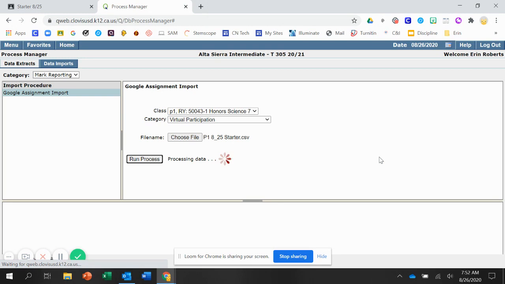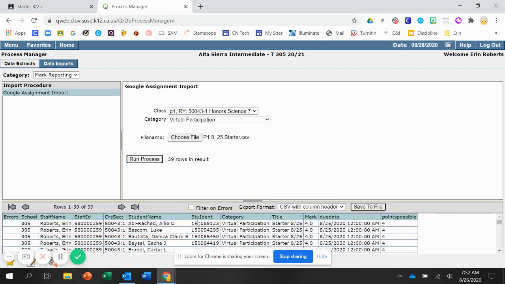I'm going to run the process, and boom, this is the magic right here. All of your grades are now uploaded with that one particular file done for that class period. So this is a really great little process to use if you're interested in using it. You may even want to try it one time, see if you like it. I actually encourage you to try it a couple of times because oftentimes the first time is a little tedious